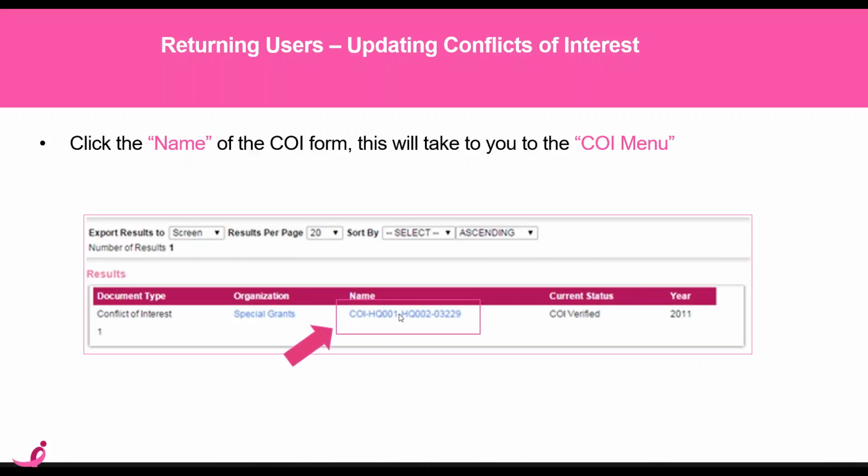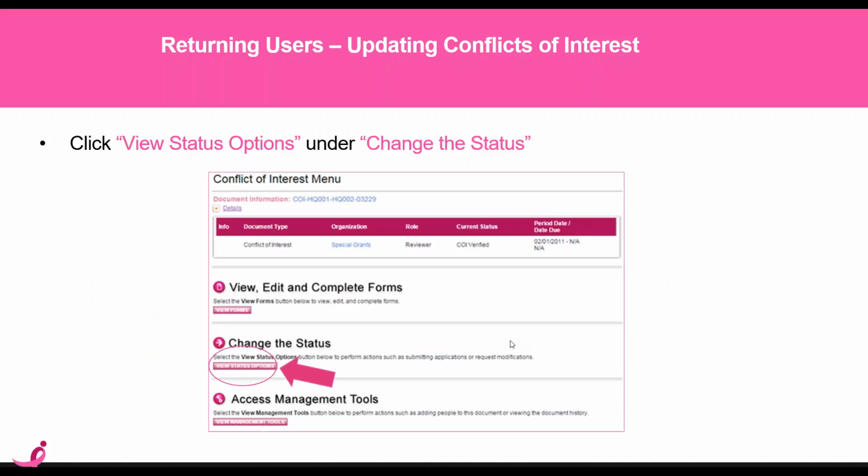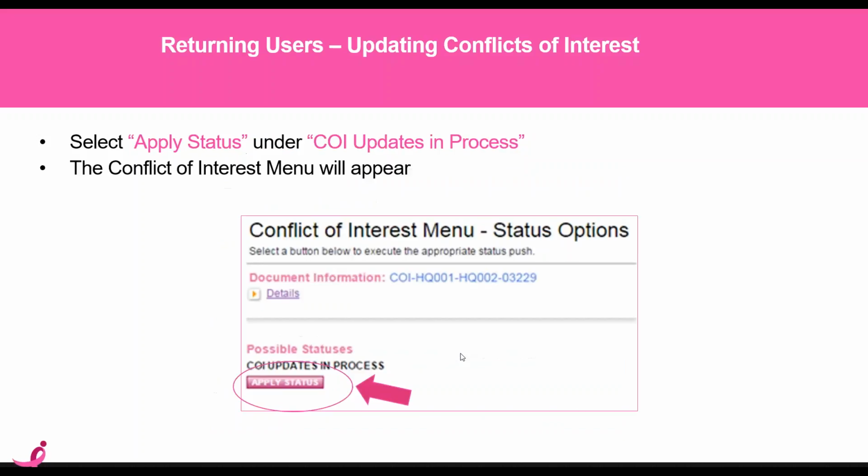So what you would do is click on the name of your conflict of interest form, and then you would get to this menu. And from this menu, you're going to change the status of your conflict of interest form, because right now it's saying COI verified. So you're going to click on change the status or view status options, and then you'll get this option to say apply status under updates in process. So you'll click on this apply status, and once you do that,